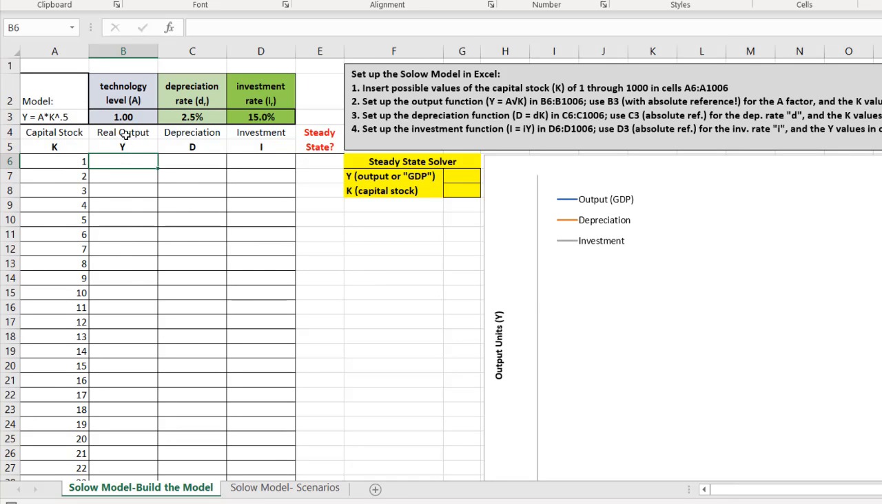Now let's go over here to the real output column, column B. I'm going to start in B6, and we're going to run the Solow model equation. We're saying output equals the technology level, that's in B3, times the square root of the capital amount. Now how do we do square root? There's a couple ways we could do that. We could use the caret and put in a fraction for the power, or a decimal for the power, or we could actually run a square root function, SQRT. It's a function, so it's the function name and then open parentheses, and then that's going to be the capital amount